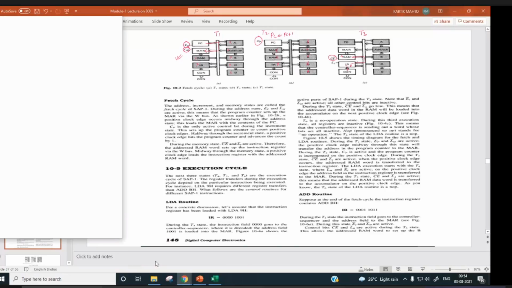Ankesh Raj, during T1, which are the two circuits working? Hello?